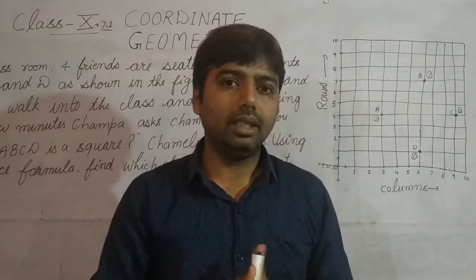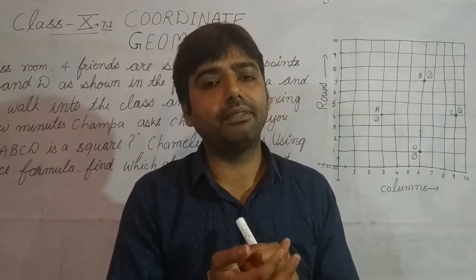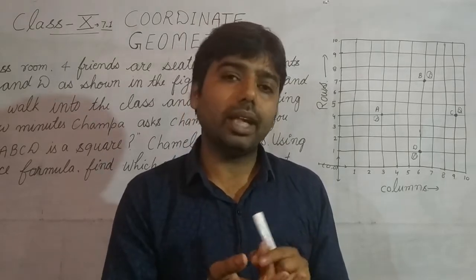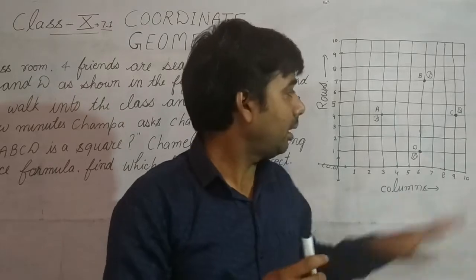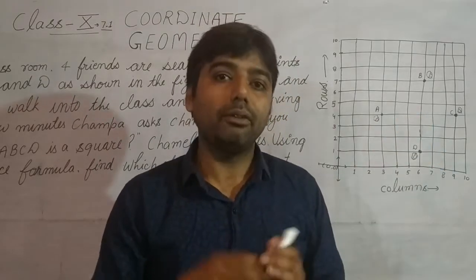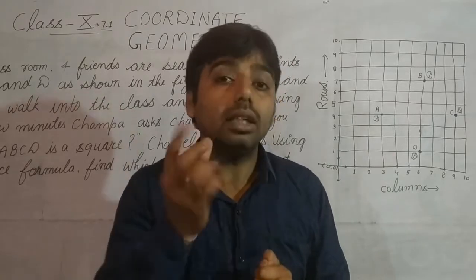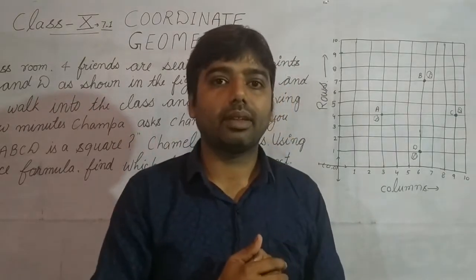Then you will say, if all the sides of a four-sided figure are equal and all the angles are 90 degrees, it can be a square. Wait for some time. Angle is not given to us. Then you will say what we are required to do. We are required to find out another quality of a square other than angle.